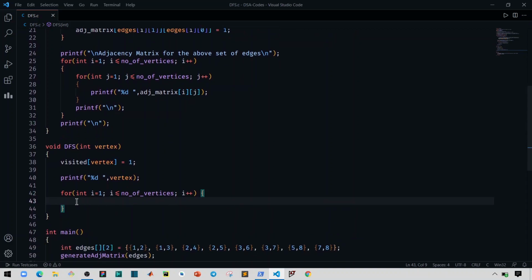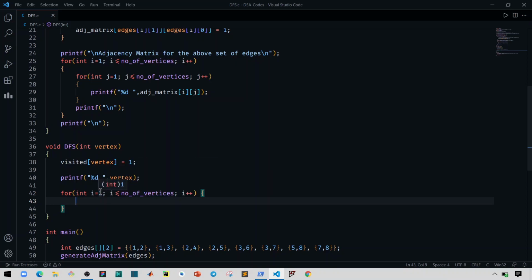What I am doing here is I have used a for loop which is iterating from 1 to number of vertices, that is 8, and it is checking every possibility that whether any edge is present in between vertex and this particular i, like vertex and 1, then vertex and 2, vertex and 3, and so on.